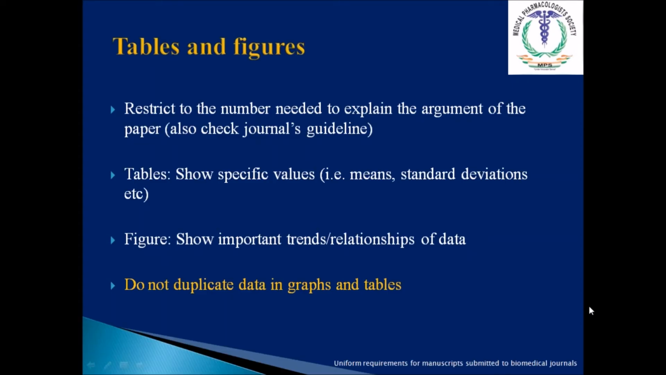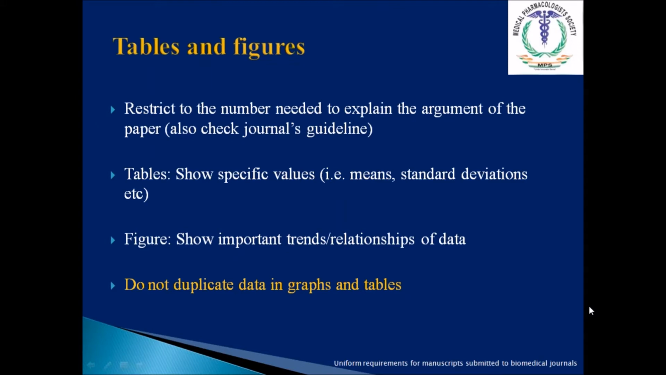Now coming to tables and figures. If your statistical report is 100 pages, there would be at least 60 tables and 30 figures. So how many of them would you include in your manuscript? Restrict the number to what is required to make an argument in your paper. Only select those tables and figures on which you will base an argument, because